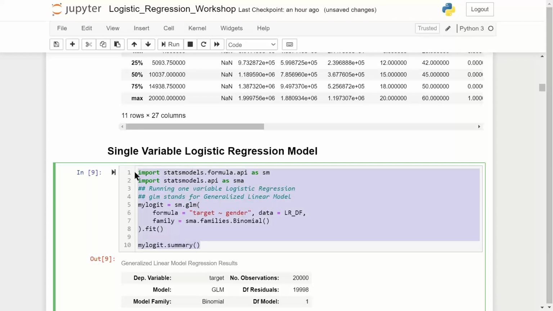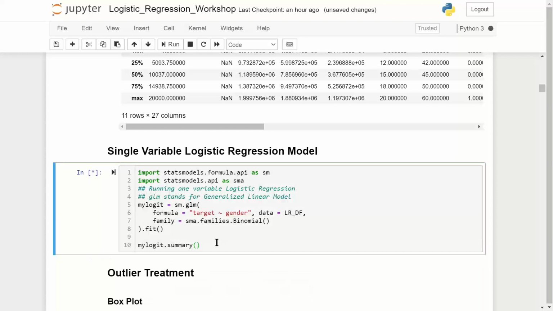What I will do is I'll put this code on the chat box, and I'll give you time to launch your Jupyter notebook and execute the code. So I execute this function, control enter,